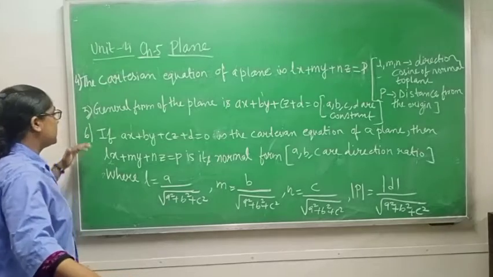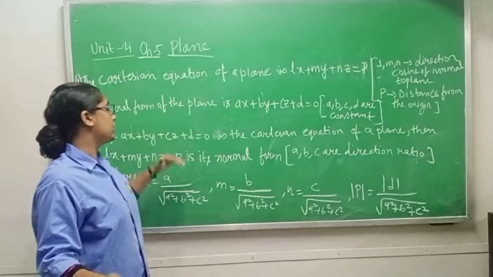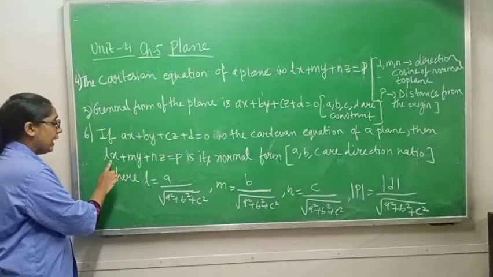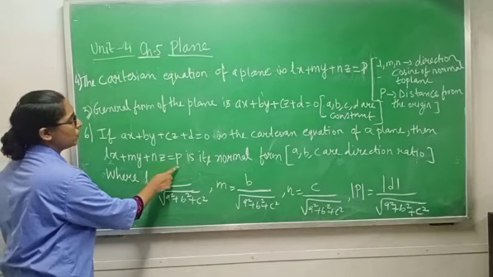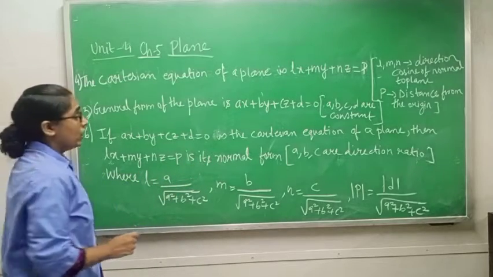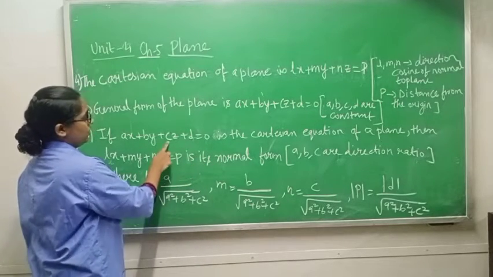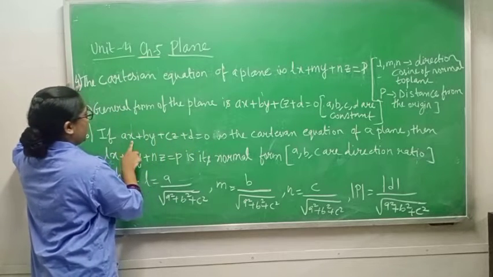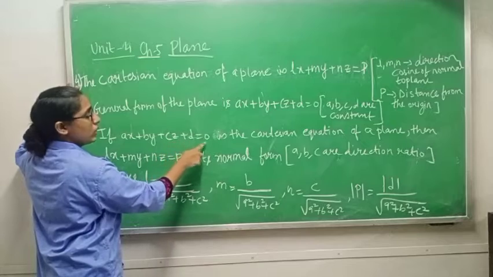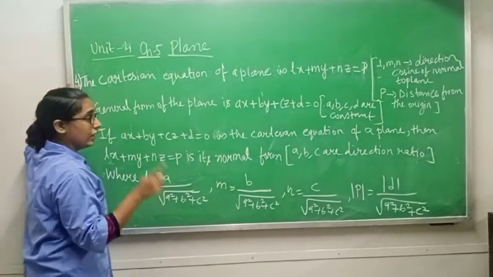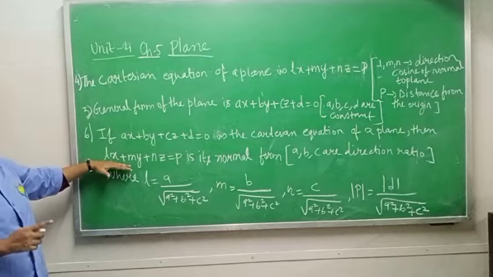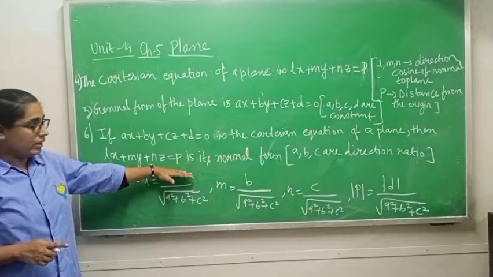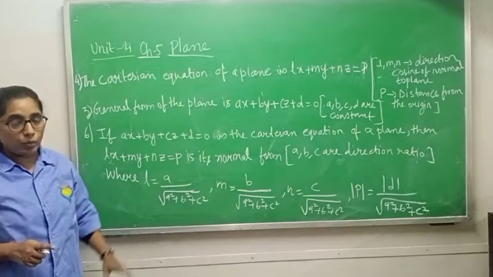Now the sixth one: if ax plus by plus cz plus d equals 0 is the Cartesian equation of a plane, then Lx plus My plus Nz equals P is its normal form. Now this point is a mix-up of the previous two. If ax plus by plus cz plus d equals 0 is the Cartesian equation of a plane, then its normal equation will be Lx plus My plus Nz equals P,